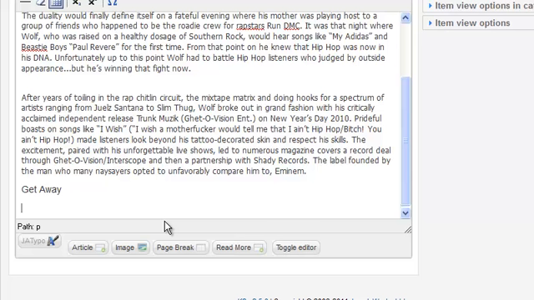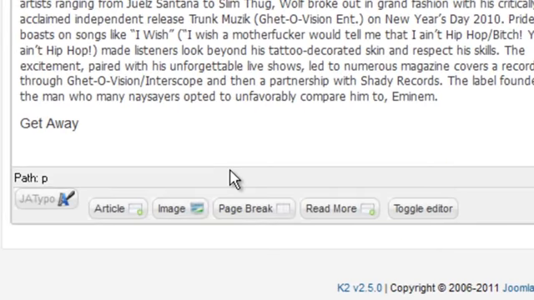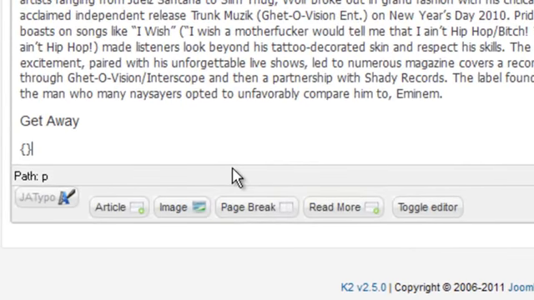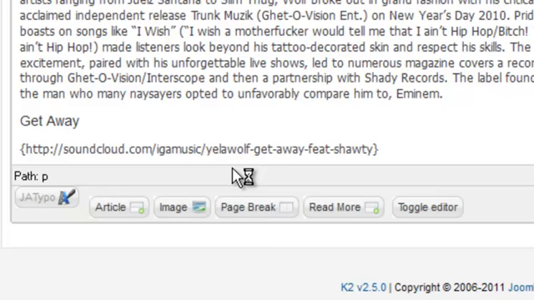To add the actual clip, just do two curly brackets. Those are the curly brackets, and inside those two curly brackets, just drop the URL of the track that you want to play in the